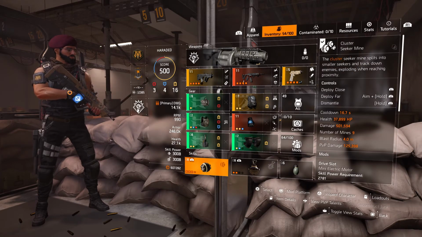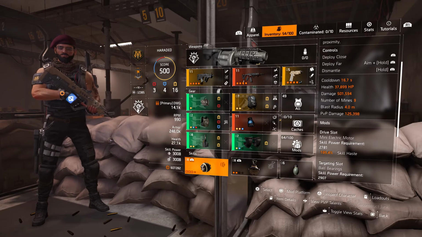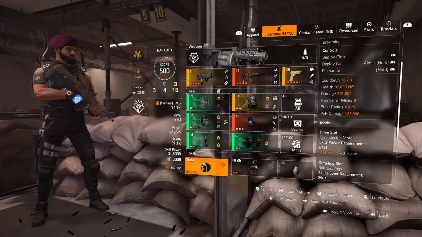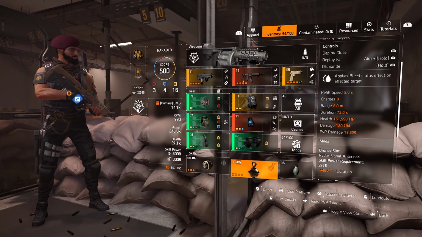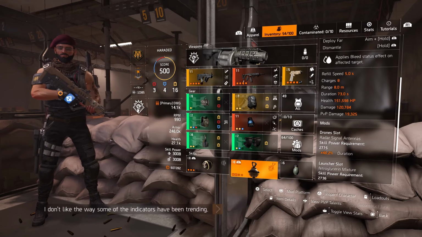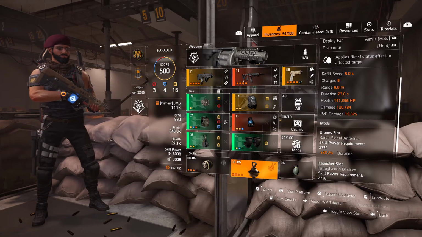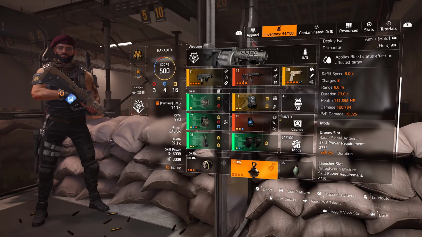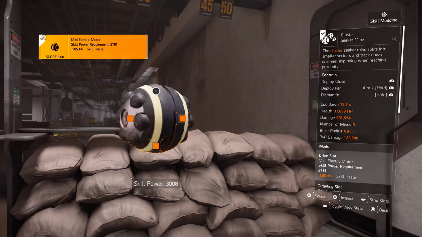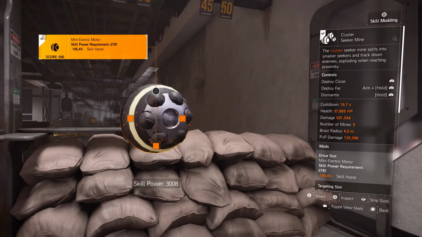And for the skills, I'm using the Cluster Seeker Mine, which has 500,000 damage and 9 cluster mines, which is amazing in my opinion. And the Stinger Hive, which lasts for 73 seconds and has 120,000 damage. And for the mods of the Cluster Mine, I am using the skill haste,